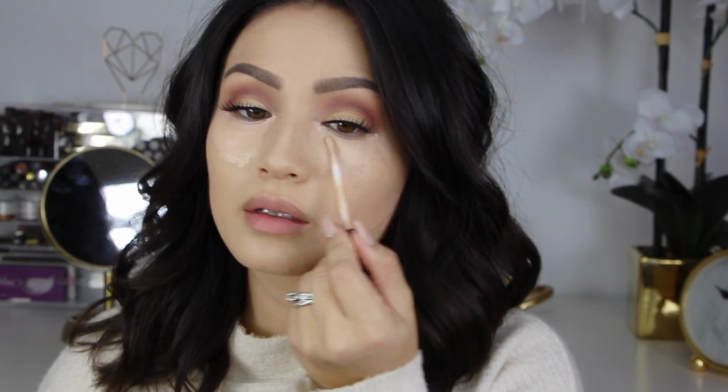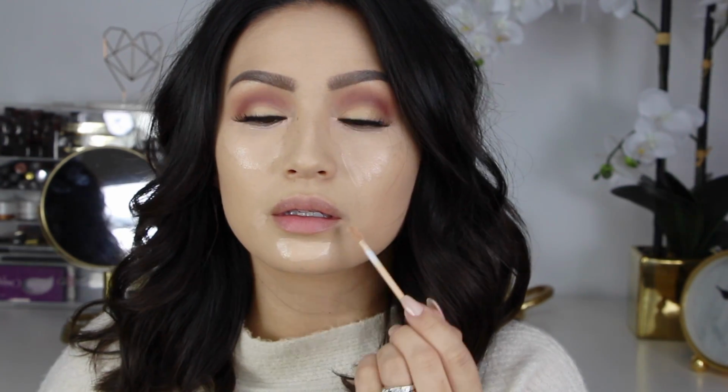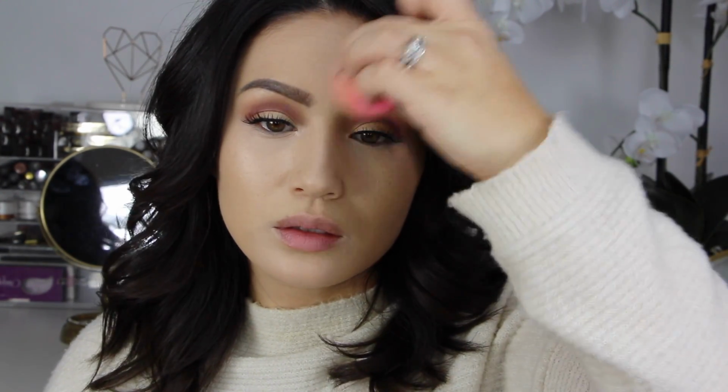I have a love-hate relationship with this because I love the finish that it gives to my skin. It makes my skin look super hydrated and glowy, but I just wish it had a little bit more coverage, but that's okay. It just makes your skin look really healthy. You can tell here, just from blending it out, my skin looks really healthy where I applied it. So I've been loving using that, and then just setting those under eyes with a little bit of the RCMA